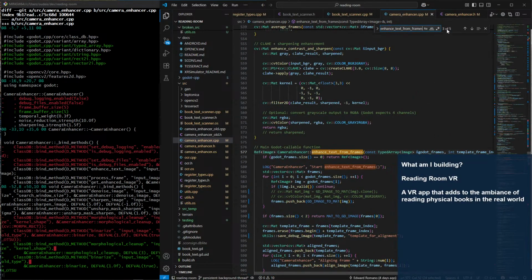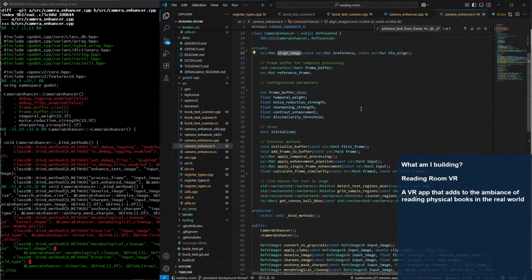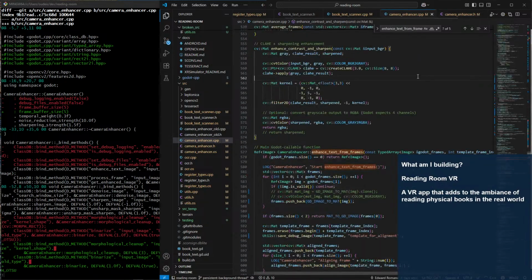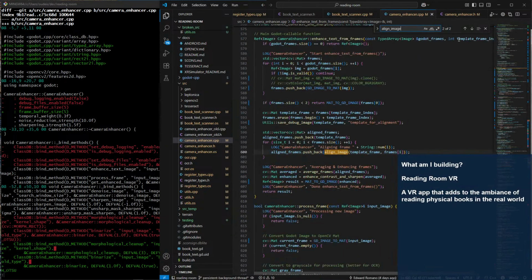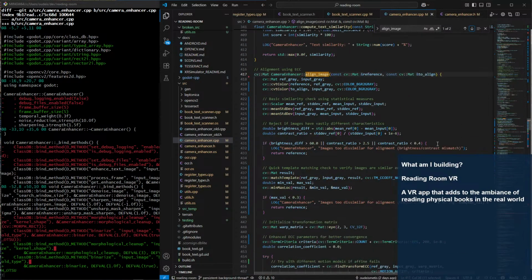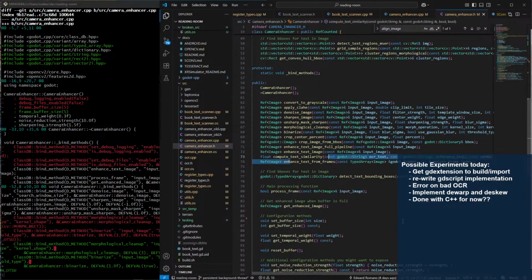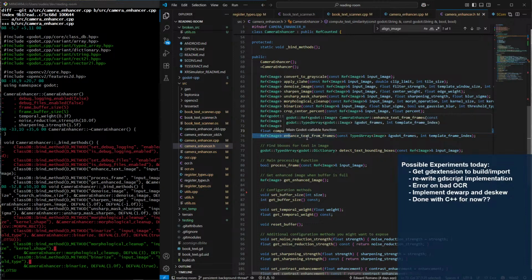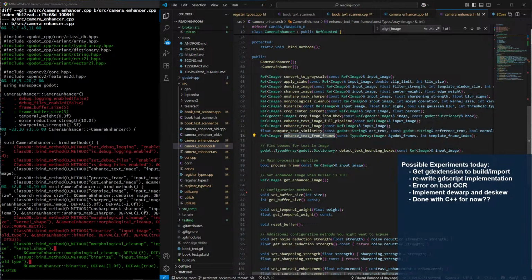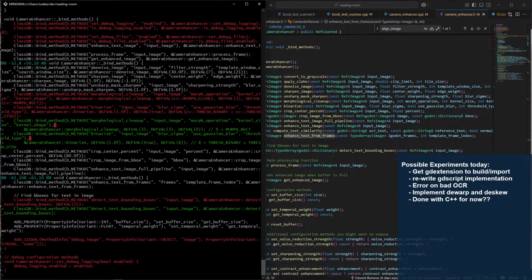Enhanced text from frames is there. Okay, but the last one I looked at was align image, which was private. I mean, a lot of these probably need to be private, to be fair. Okay, but that was fine. So that's those. All right, that's fine. I kind of got lost there.